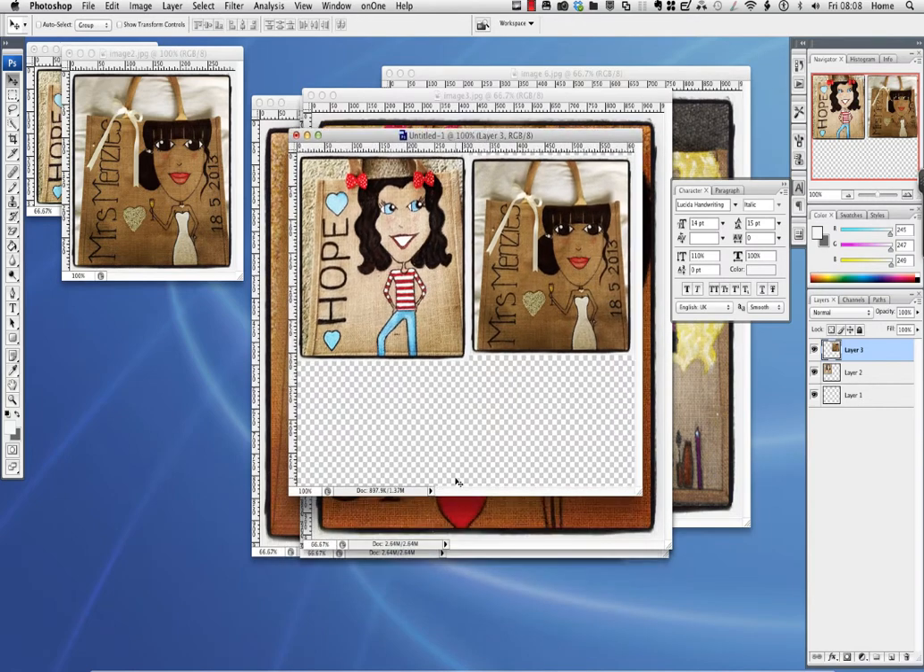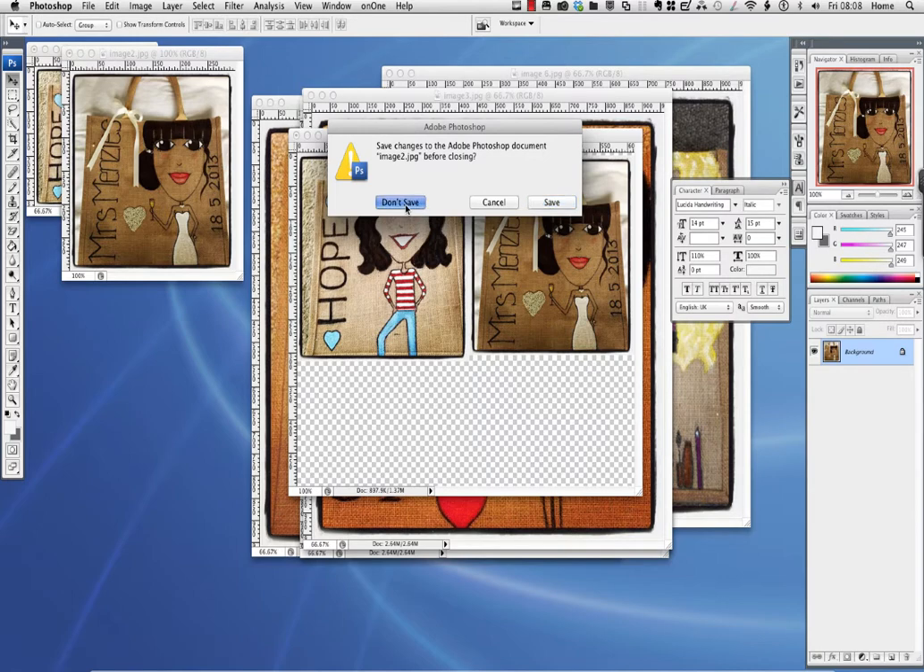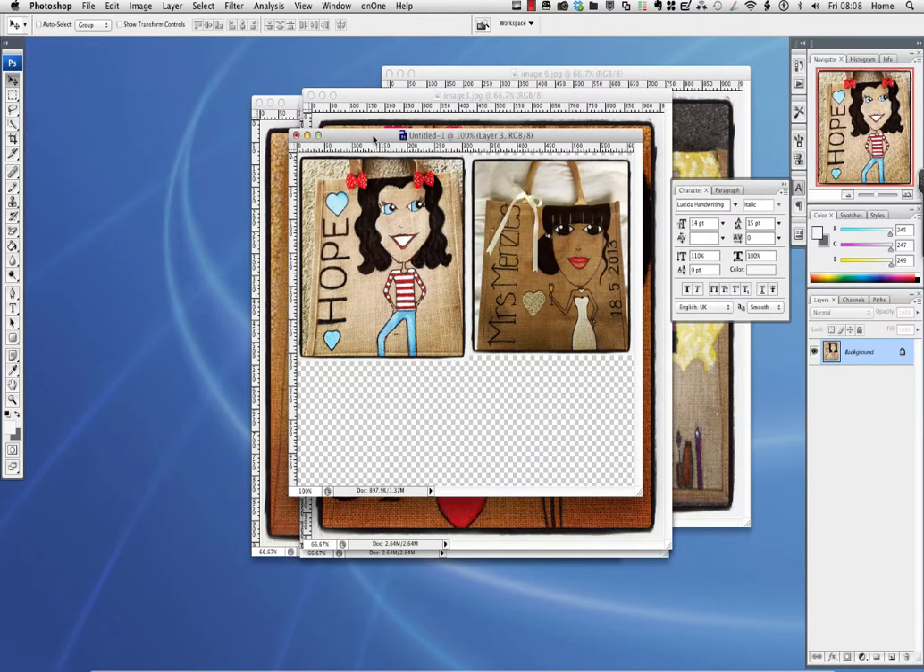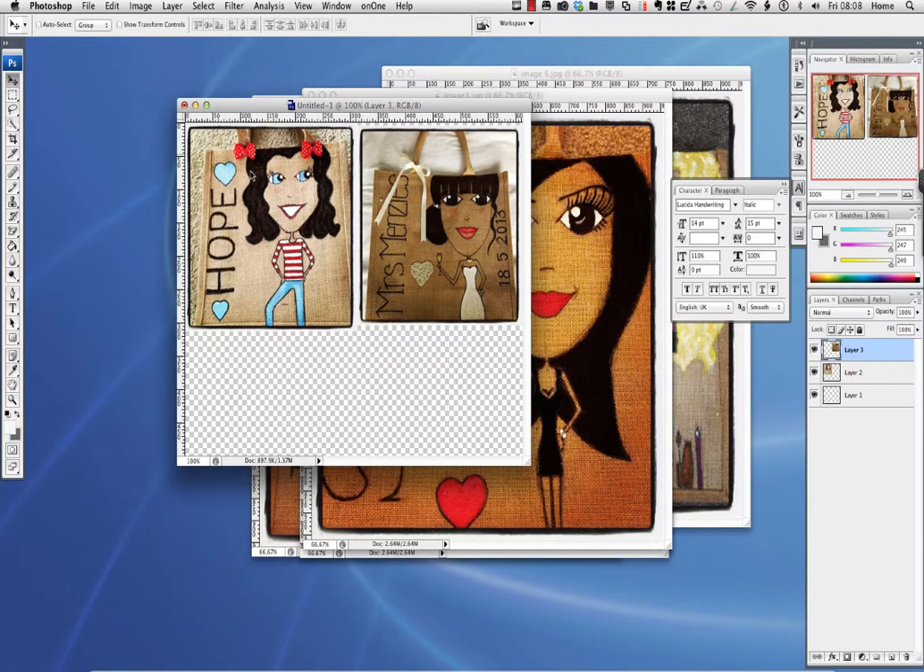Now we can see that we're not going to get many in here, so I'm going to just get rid of these two. Don't save it. Don't save it. The reason I'm doing that is then I've got this image. I can always increase the size, decrease the size, do whatever I need to do. And